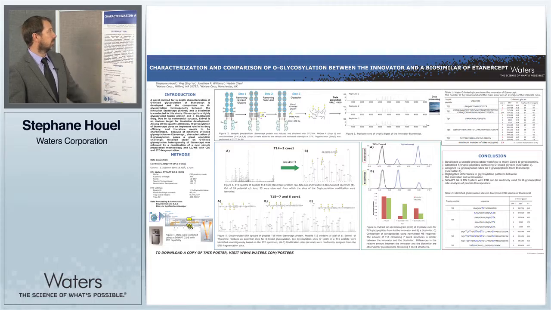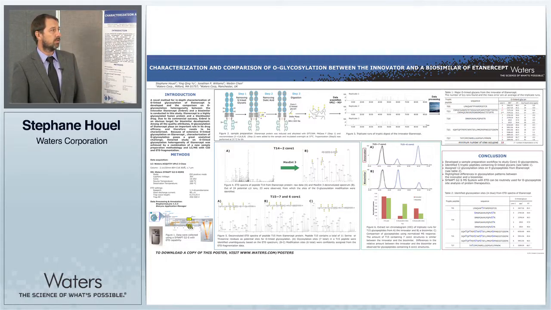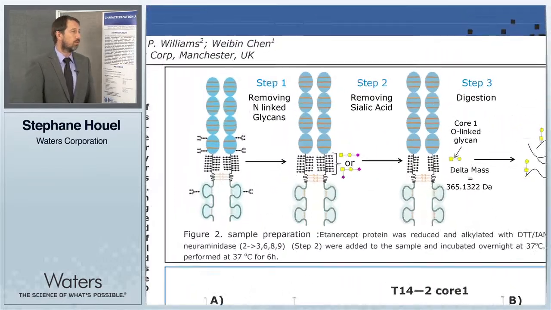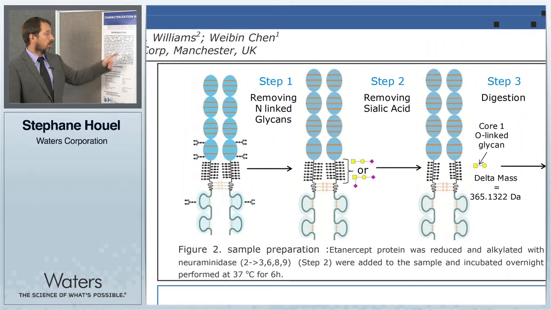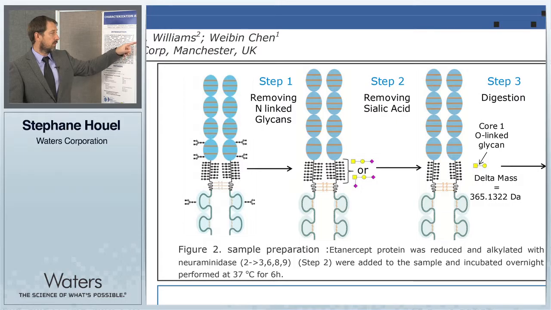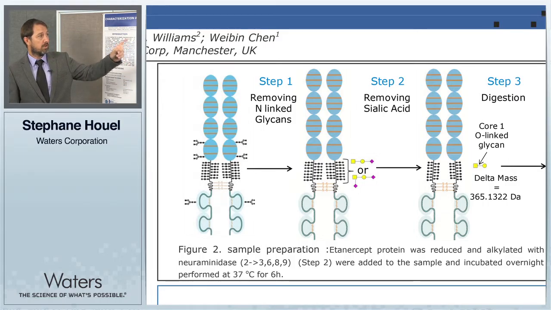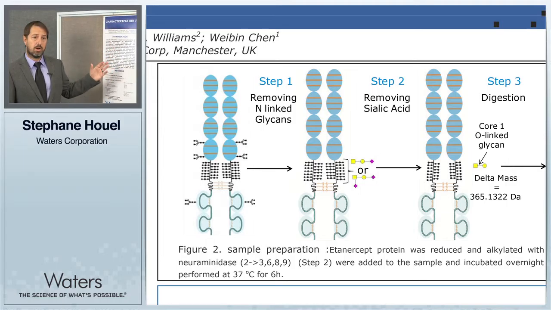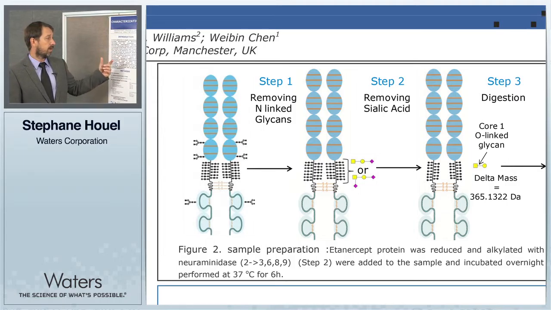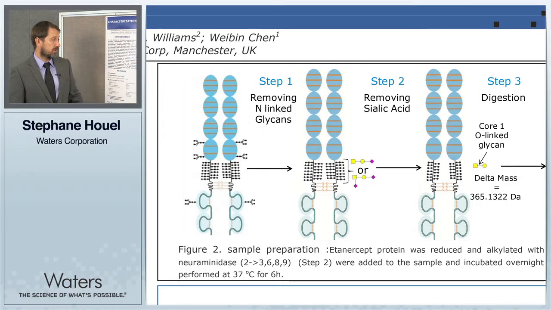Today I'm going to talk about the characterization and comparison of O-Glycosylation between the Innovator and Biosimilar of Etanercept. The goal of this work was, as a first step, to assign the O-Glycosylation sites on this specific protein. The second step was to compare the distribution between the Innovator and the Biosimilar. Why did we choose Etanercept? Etanercept is a blockbuster drug, but it's also a great challenge in the analytical world because of all of those